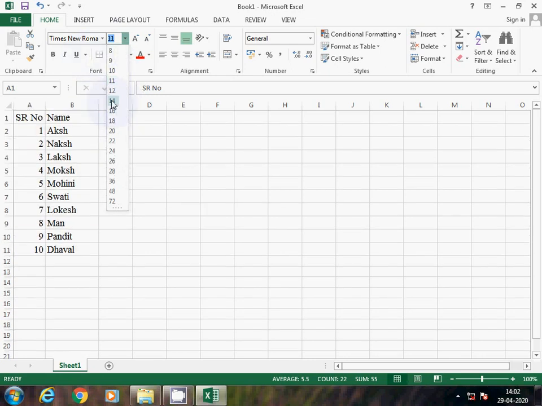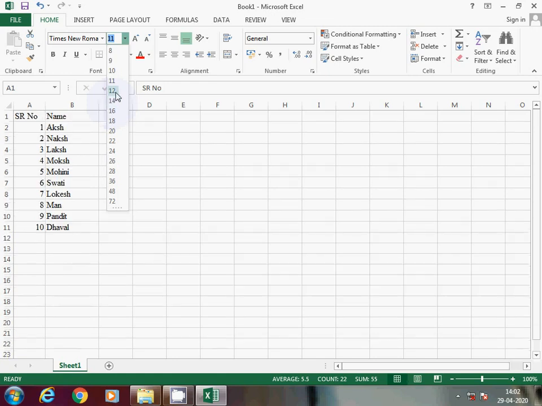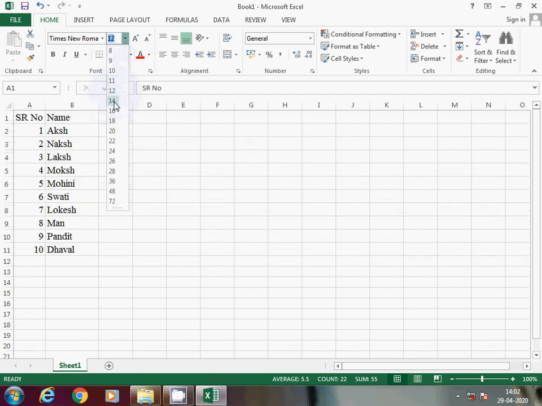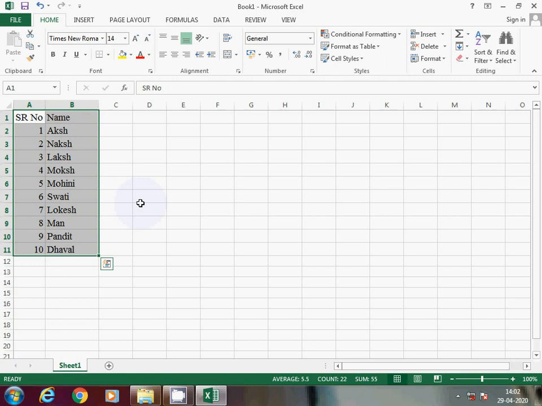See, whenever you are applying font size and these all things, you have to consider the paper size, data and all, and accordingly you can give the formatting. Otherwise what happens, some of the data may not be printed on the same page, or they may disappear from your page. So the suggested font size is 12. 12 is standard one. After that you can apply according to your page size and your data. So here I am applying up to 14.